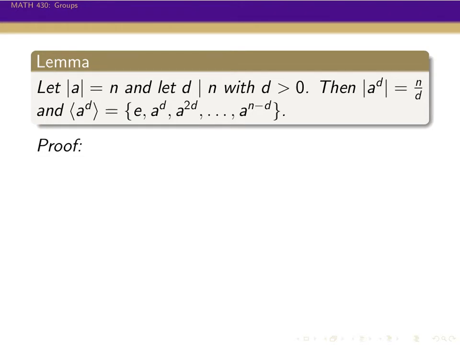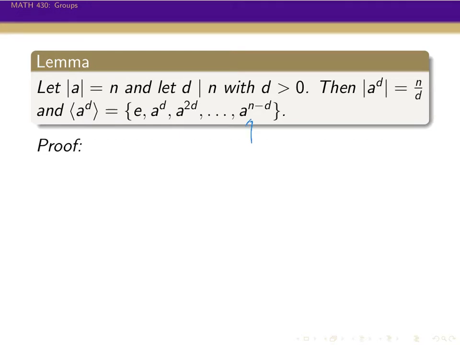The first thing we're going to prove right now is this: if we have an element a whose order is n, and d is a positive divisor of n, then the order of a to the d is going to be n over d. And the subgroup generated by a to the d is going to be precisely the first n over d powers of a to the d. So that would be the identity, a to the d, a to the d applied to itself is a to the 2d, all the way up to the last one. If we raise a to the d to the n over d minus 1, we get a to the n